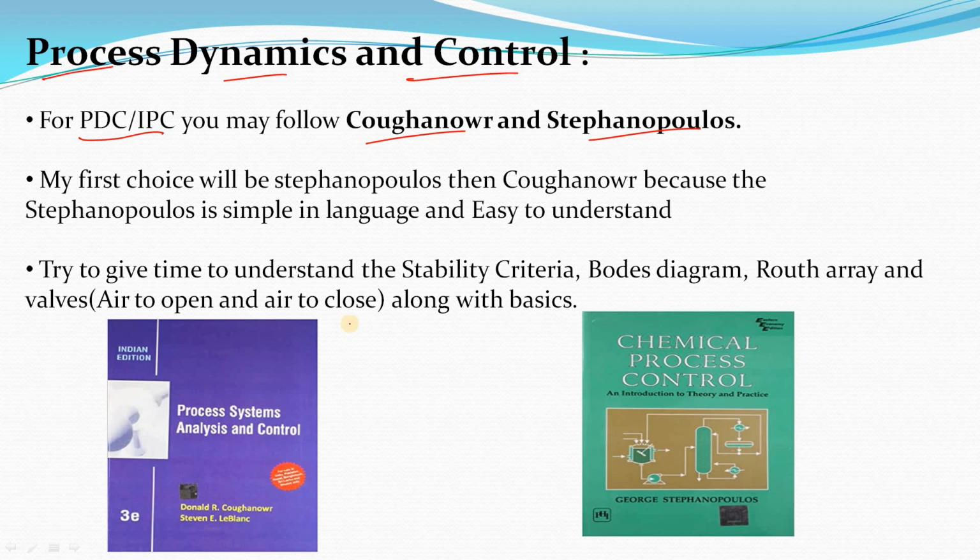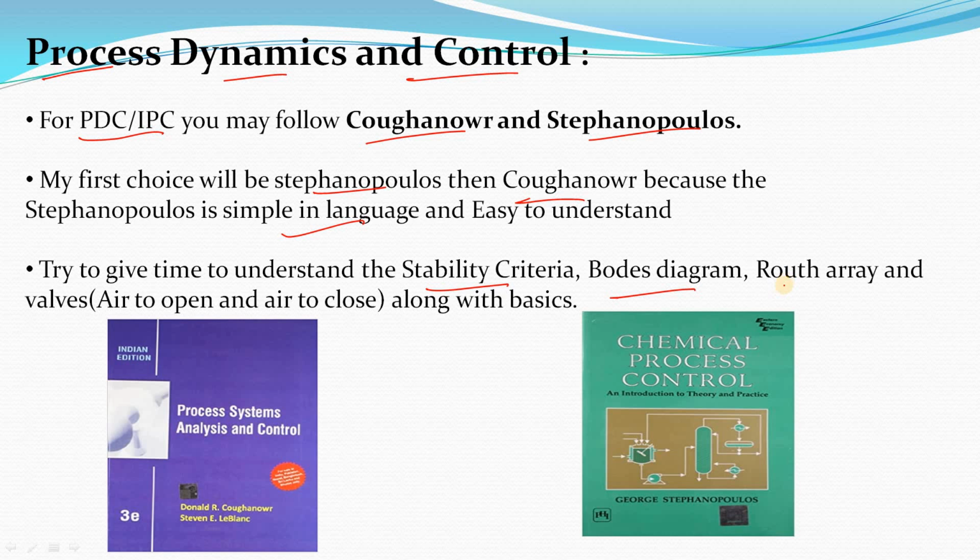My first choice will be Stephanopoulos, definitely, because its language is wow, very good. Then you can follow Coughanowr too. For process dynamics and control, if you simply understand the first portion, it is easy, but the important part for GATE, I think, is stability criteria and the Bode diagram,